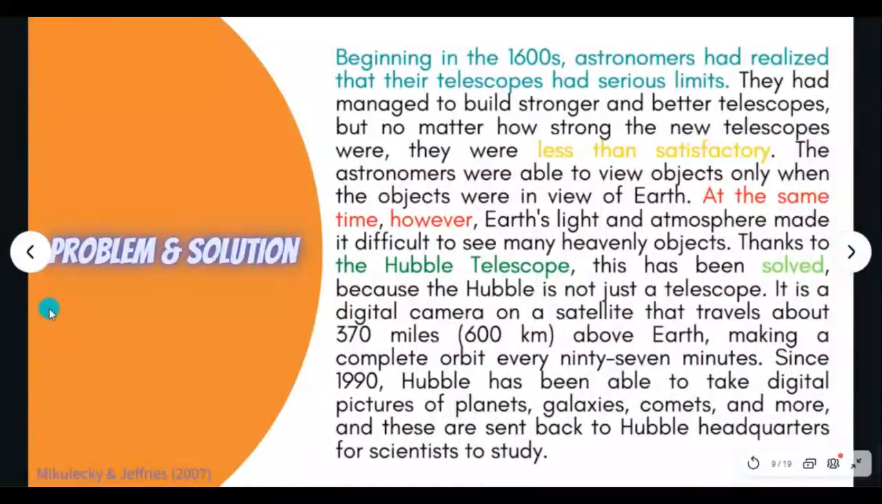Okay, the last example in this section is a problem and solution paragraph. What is the problem? Okay, the problem is mentioned here in the beginning. Beginning in the 1600s, astronomers had realized that their telescopes had serious limits. So this is the problem mentioned in the very first sentence. And then what is the solution? Okay, the solution is indicated by green, which is mentioned later after this paragraph